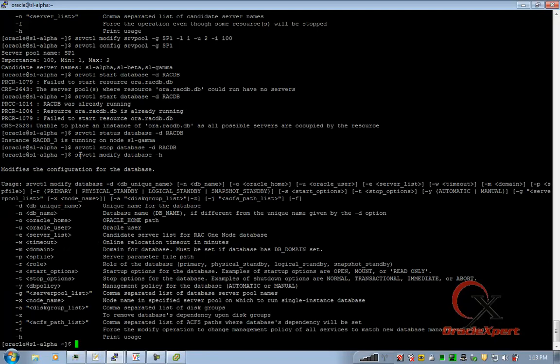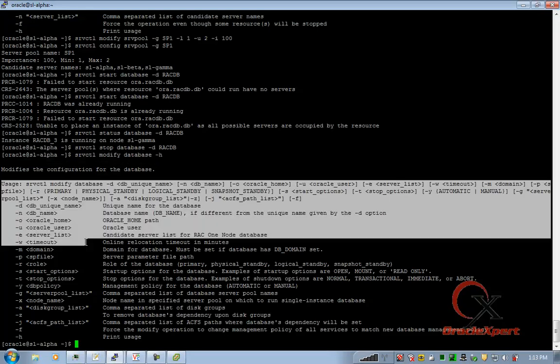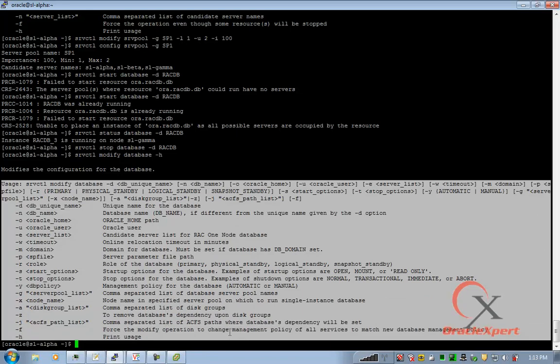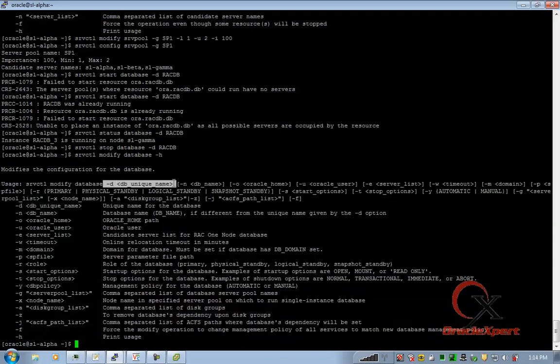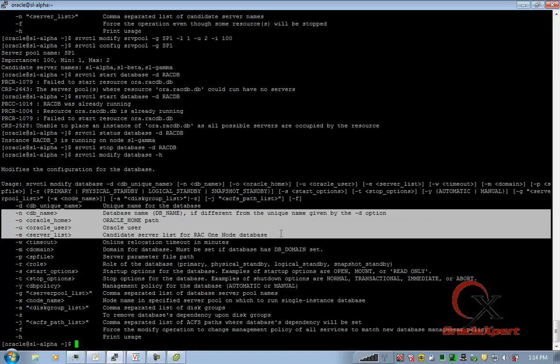I am checking srvctl modify database -h. I want to translate this database from policy managed to admin managed. So I'm checking srvctl modify database -d -n -o -u -e server list.